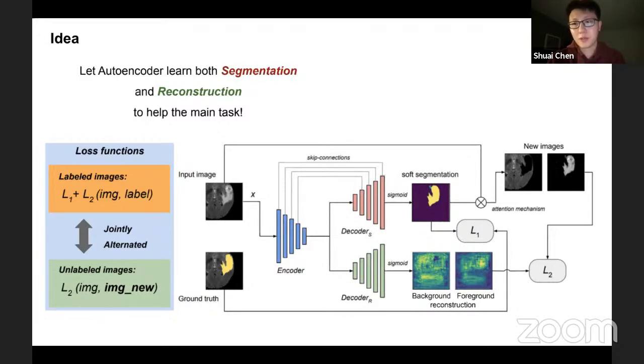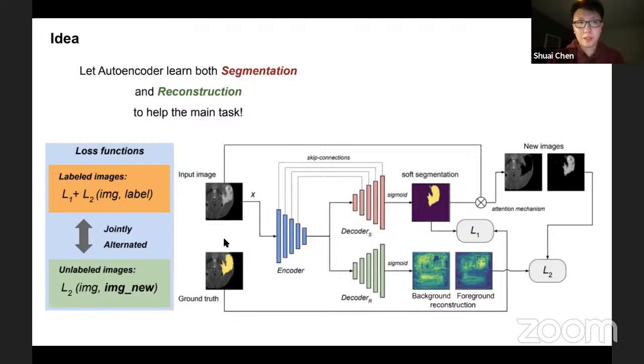The background and foreground actually contain the segmentation information, indicating whether voxels belong to background or foreground. And this is also the images that we want to reconstruct using the second autoencoder. That means the autoencoder is actually doing segmentation and reconstruction at the same time, and we hope that in this way it can learn segmentation features and reconstruction features at the same time.